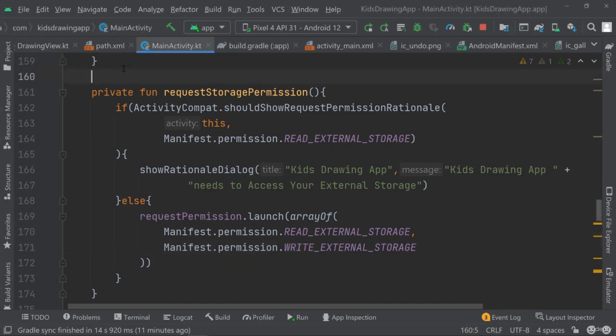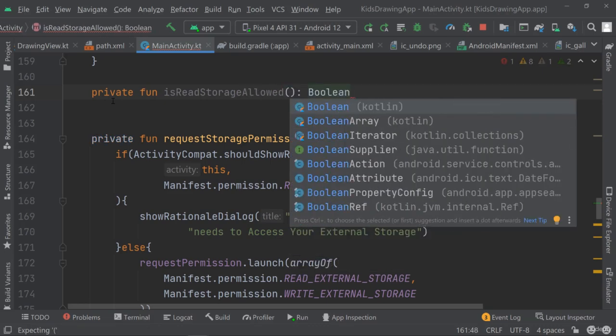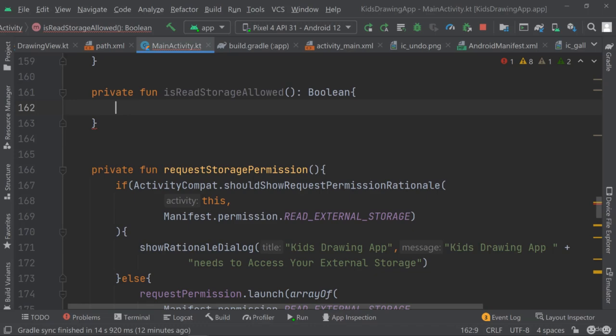So how do I now find out if I have the right to read to the storage? Basically in the latest versions of Android, you don't need to ask for read and write permissions at the same time, but we're just making sure that we have both for all the versions. But what we can now do is go ahead and say private fun is read storage allowed, which will return a boolean, which will just let me know if we do have storage reading write or not. So what we can do is create a variable which will be the result,